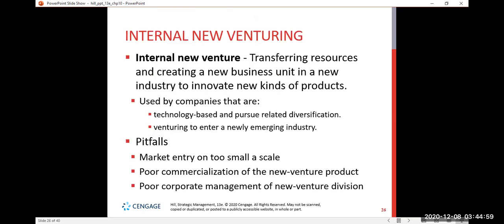Okay. And another pitfall is the poor commercialization of the new venture product. Many new internal ventures are driven by the opportunity to use a new or advanced technology to make better products for customers and outperform competitors. But to be commercially successful, the products under development must be tailored to meet the needs of the customer. Many internal new ventures fail when a company ignores the needs of the customers in the market. Thus, a new venture may fail because it is